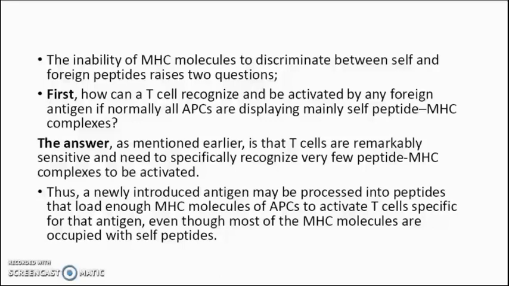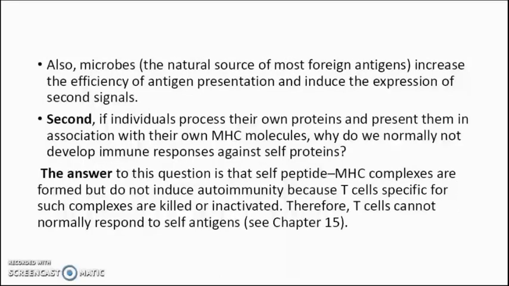Thus, a newly introduced antigen may be processed into peptides that load enough MHC molecules of antigen-presenting cells to activate T cells specific for that antigen. Even so, most of the MHC molecules are occupied with self-peptide. Also, microbes, the natural source of most foreign antigens, increase the efficiency of antigen presentation